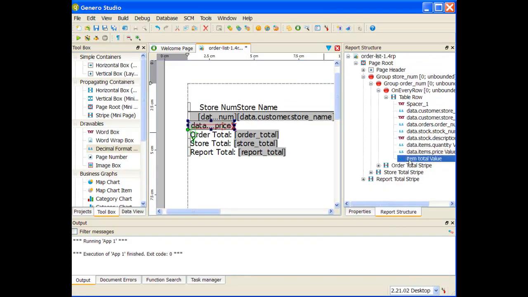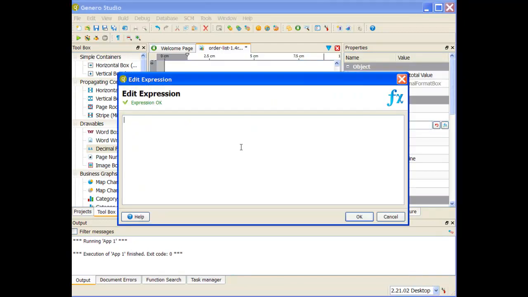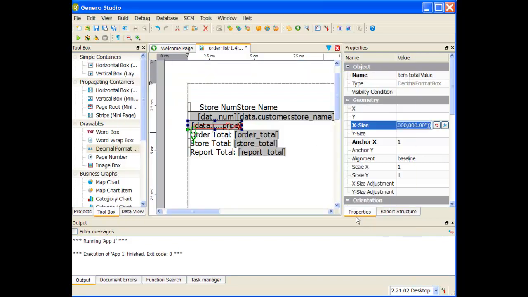I'm going to go back now and find my item total, go back to my properties, and paste it in. However, the column title is not going to be price, it's going to be item total. Still a valid expression. Let me click OK, and I've now formatted what I need to format for that item total in my report. So I've added the column value. Now inside of my